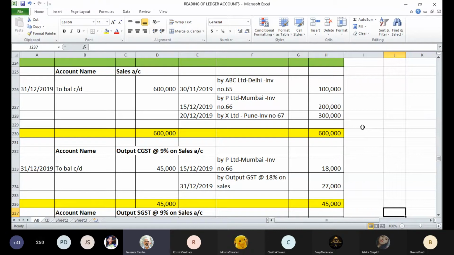Now, suppose you are a manufacturer or a trader whose place of business is in Maharashtra, let's say Mumbai. From Mumbai, you are carrying on the business and you are liable for GST. So you have taken a GST registration. So whenever you sell the goods, you are supposed to levy the goods and service tax at the applicable rate. The applicable rates could be 5%, 12%, 18%, or even 28% for some luxurious commodities.